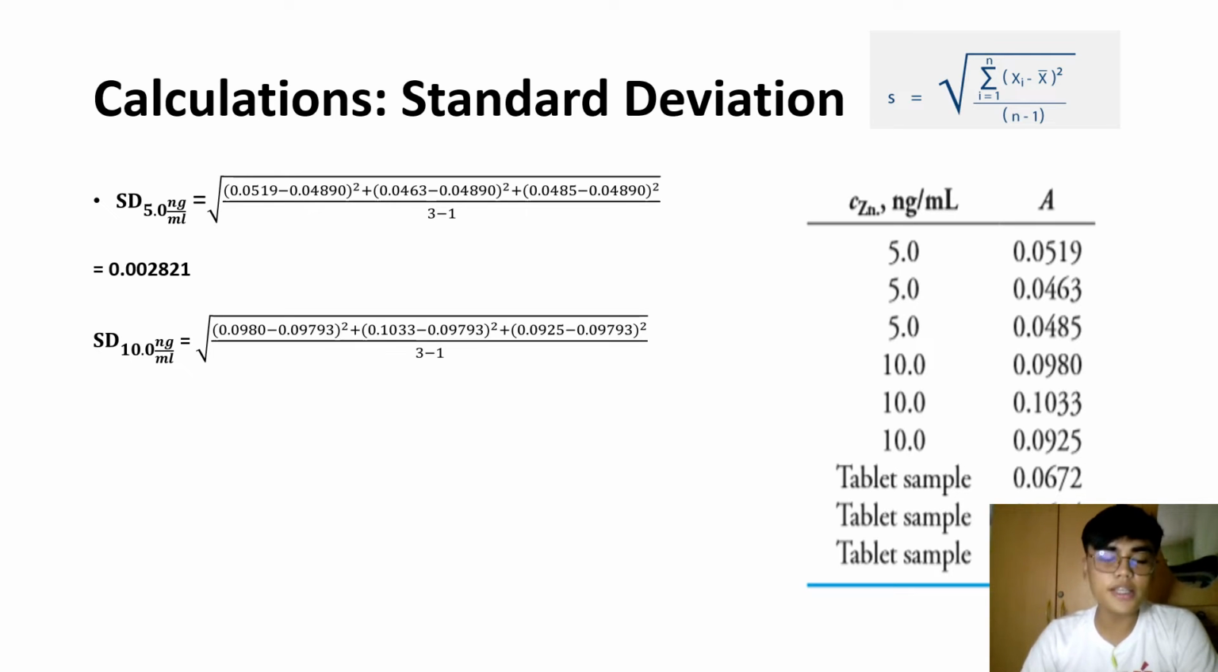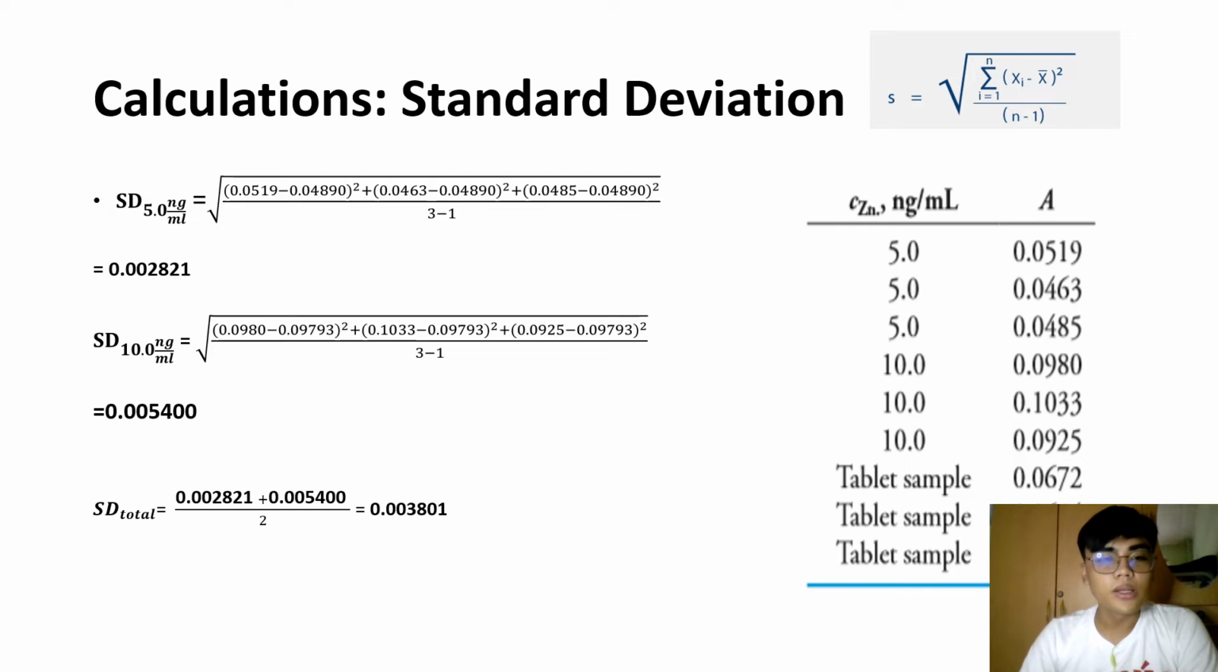For the standard deviation of 10.0 nanogram per milliliter, we have the square root of the quantity 0.0980 minus 0.09793 squared plus 0.1033 minus 0.09793 quantity squared plus 0.0925 minus 0.09793 quantity squared over 3 minus 1 is equal to